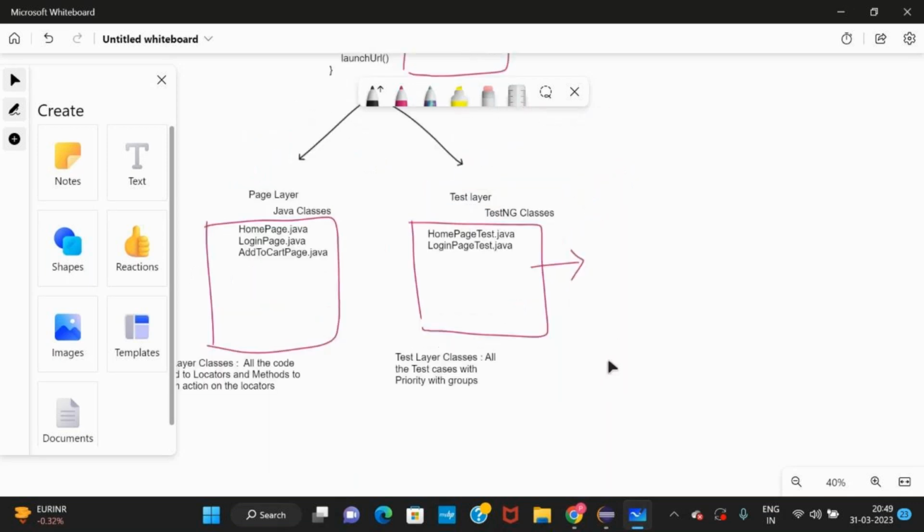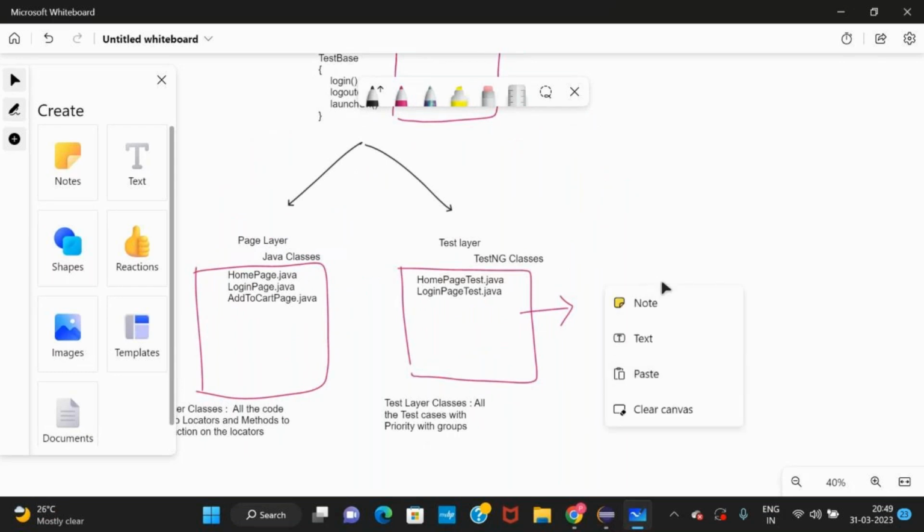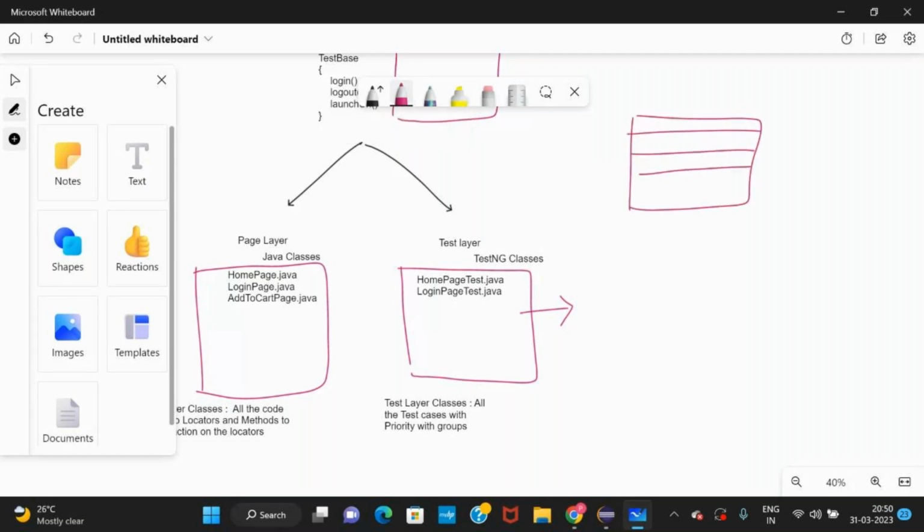This is our framework structure. Also, on top of these three things, test base, page layer, test layer, there is one more component for common utility methods, like taking a screenshot or reading data from Excel. We have some utility classes, and those will handle Excel data. What Excel data do we need?